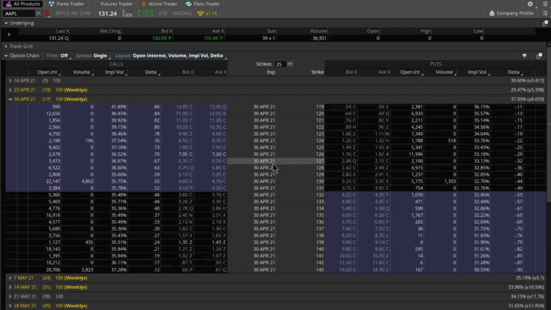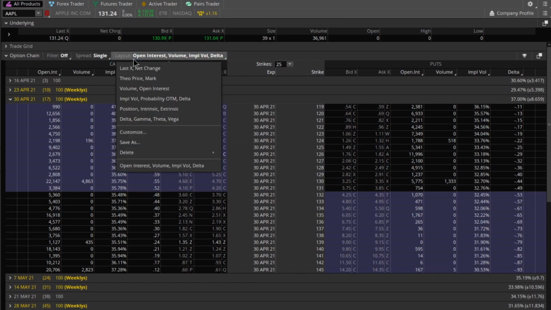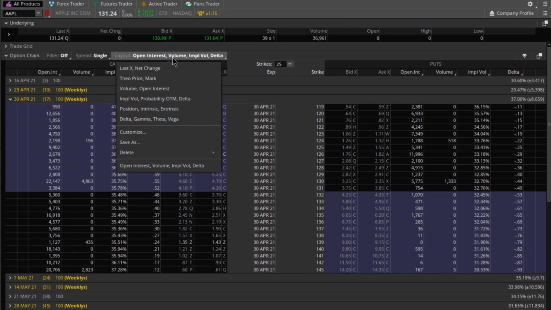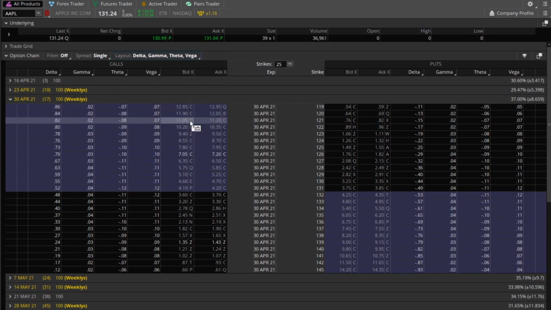Now let's see how we can look at the 4 Greeks on the TD Ameritrade software. You need to mouse over and click on Layout. Then click on Customize. Here you can look for the Greek that you want to add to your view, for example Gamma. Another way to do this is to click on Layout and look for the 4 Greeks. The 4 Greeks are part of the predefined views that you can select in the layout options. Once you've selected the Greeks, you can see what the Greeks are for each option at different strike prices and